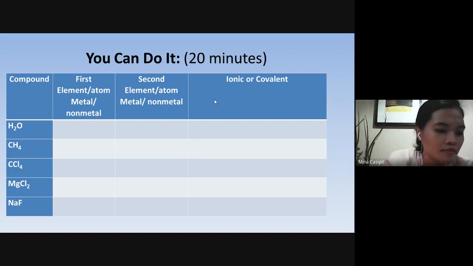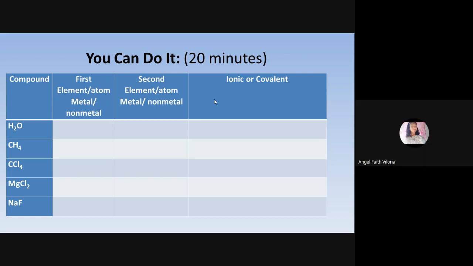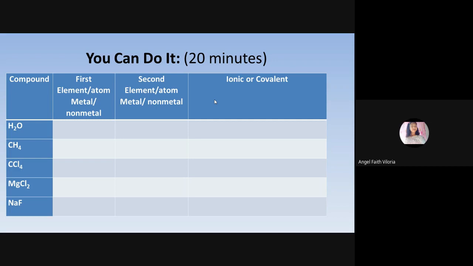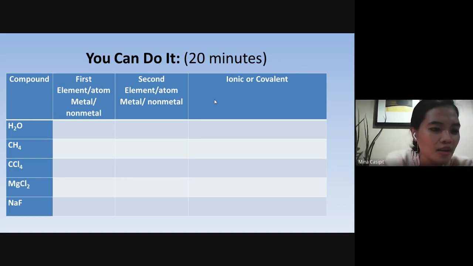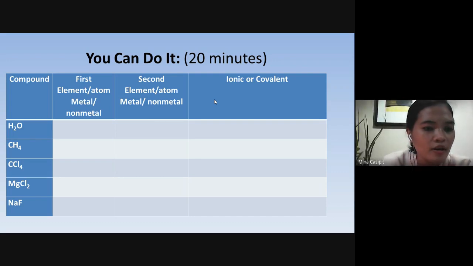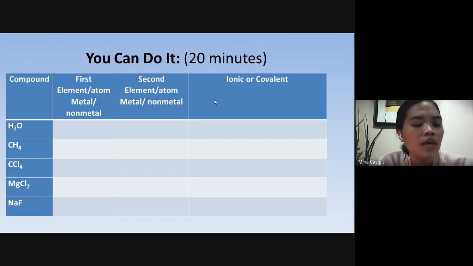Yes, go ahead, anak. Ma'am, first element metal, second element non-metal equals covalent. First element is, Metal po. Plus the second element is, Non-metal po. Oh, metal plus non-metal. Covalent. Ay, ionic bond po. Okay, ionic compound. And lastly, number fifth compound. We'll answer number 5 compound. NaF.